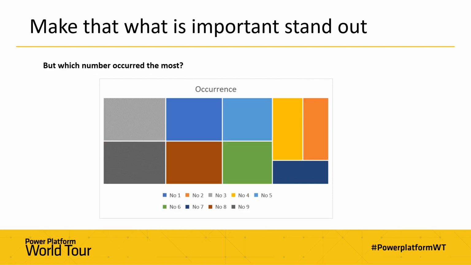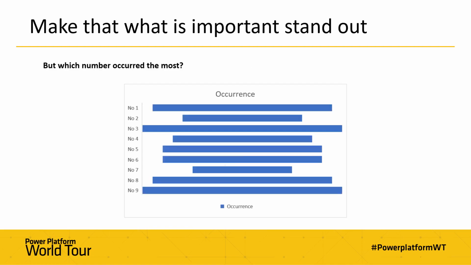People use tree maps as an alternative to pies to give it a bit of variety and get across the same distribution, but it suffers from many of the same problems. It's still quite hard to see, especially when the boxes here are of a similar size. We can try with lines, and lines is a bit better. We have to look through it maybe a couple of times. We can see then that 3 and 9 look like they're the longest, and it's much easier for the human brain to decode length into a data point than it is to compare slices of a pie.